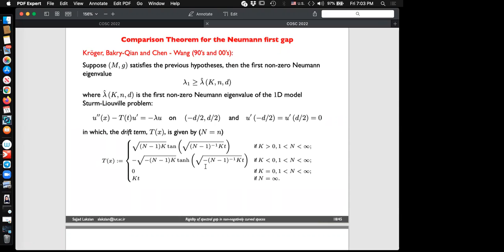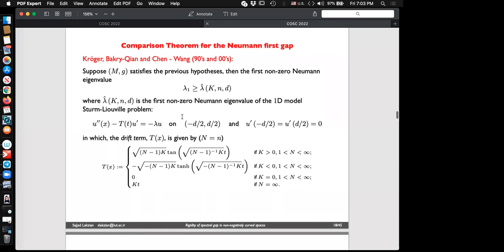Kroger was the first one, I guess, that came up with one of these comparison principles. But then Bakry-Qian, and then Chen and Wang, and even Andrews and Clutterbuck for the case of the Bakry-Emery tensor, derived these kinds of comparison principles, which say if I know the bound on diameter, dimension,